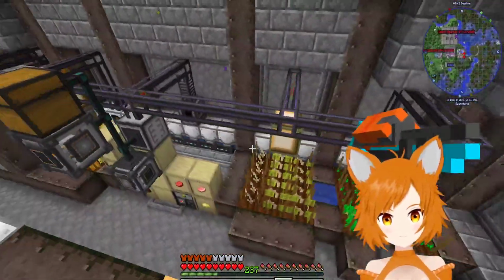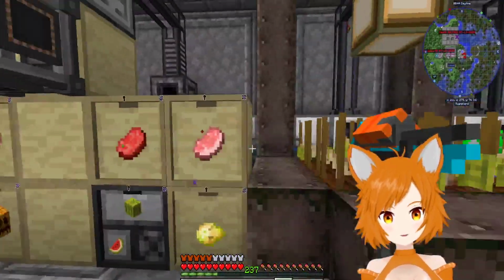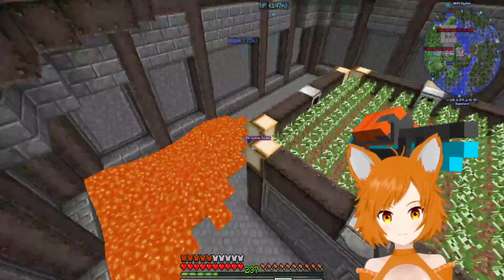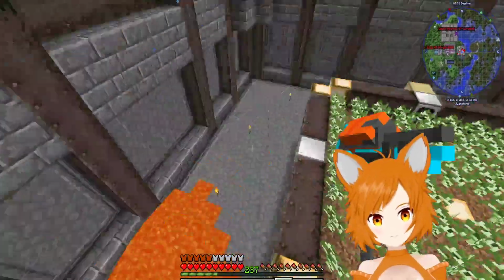Again, more farming related stuff. Overpowered growth generators, hydrators. Legit stupid idea. Why would anyone put this in a game? But whatever. And I have lava in here. I don't know why there's lava in here. Also,